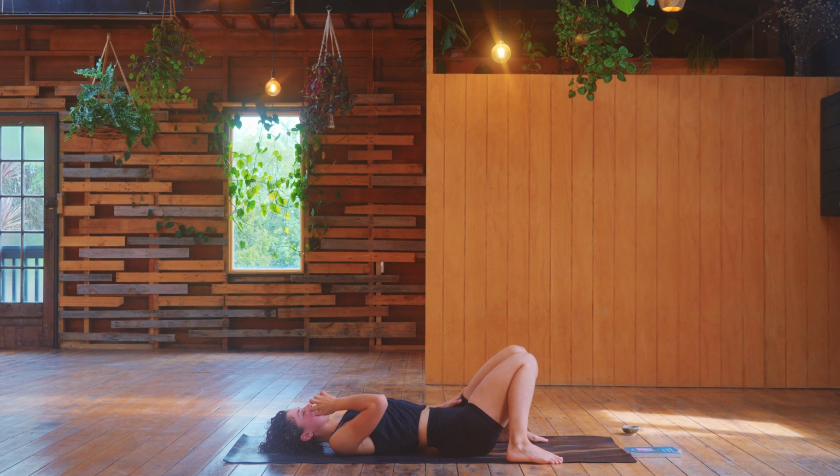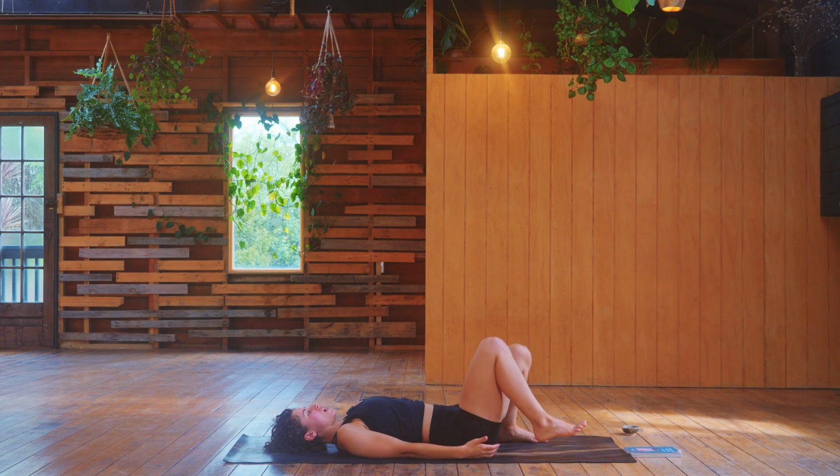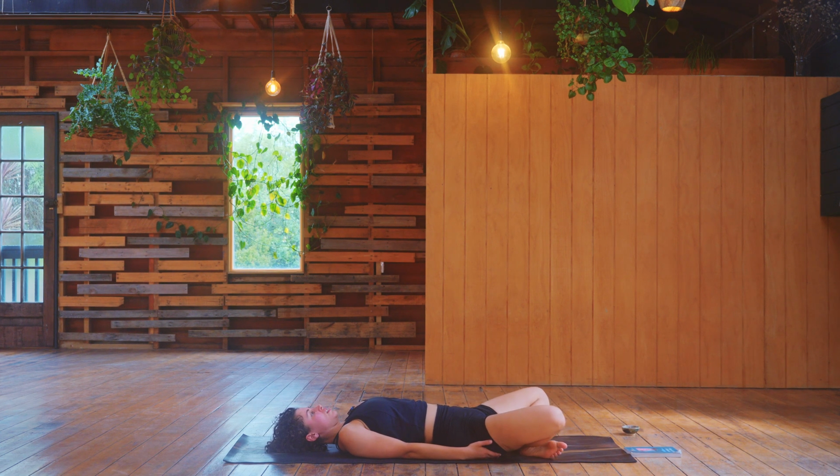Feel free to stay here if you wanted to enter into a counter pose, Matsyasana, our fish pose. You could either have the legs out long or the legs crossed, like in a Sukhasana, easy pose, totally up to you. Tuck the elbows in by the ribs and grab your hands around the sides of the glutes or